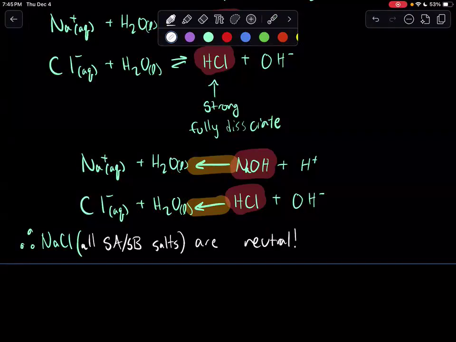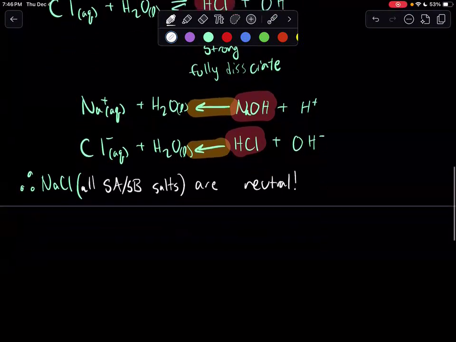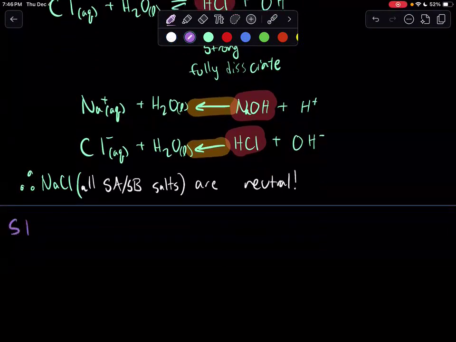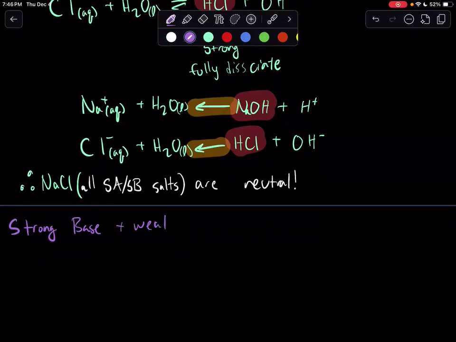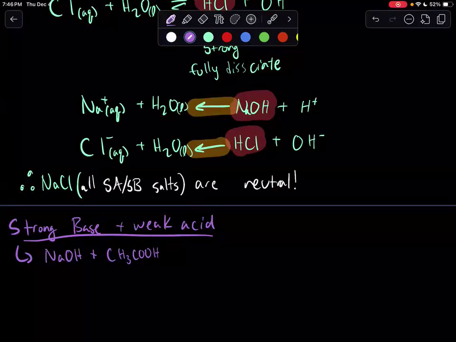So with that context in mind, let's now look at something that's not a strong acid, strong base. Let's look at a strong base plus a weak acid. So we can take an example of any salt. Maybe we take sodium hydroxide as our strong base and we add it to ethanoic acid, CH3COOH, a weak acid. And when they react in our neutralization reaction, for which we will use a standard forward arrow, we of course are going to get water and our salt, sodium ethanoate,